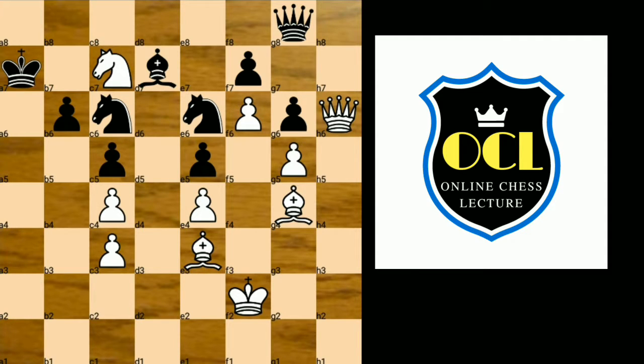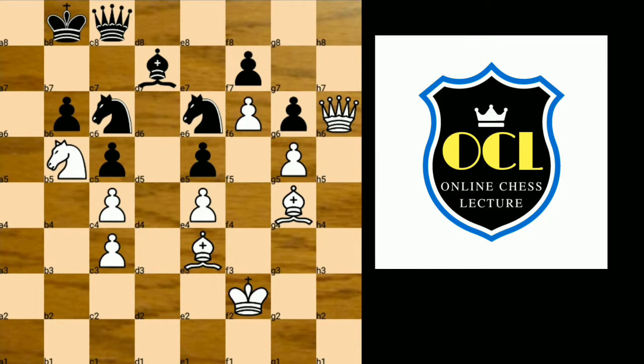Back to our game, and in this position Anand played queen to c8, attacking this knight, but Carlsen simply played knight b5 check, and after king to b8, knight d6, attacking his queen as well as f7 pawn. And Anand played queen to g8,